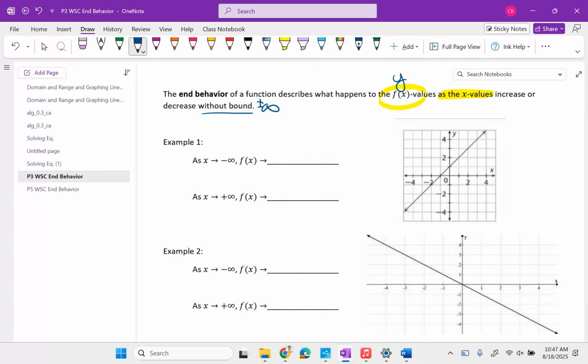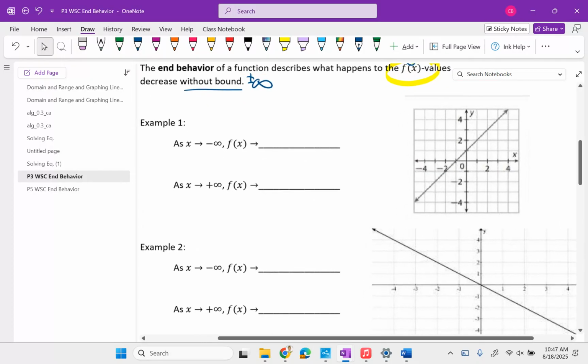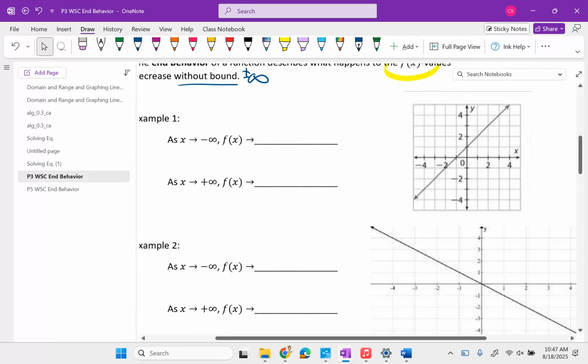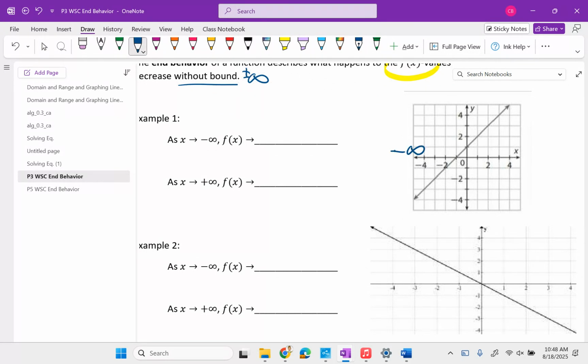Okay? All right, so let's look at example 1 there. So in example 1, and we're going to do this one together, okay? As x approaches negative infinity, okay? So remember, if we're doing x, we are going left and right, okay? If I'm going towards negative infinity, which part of the graph am I going towards? Am I going towards the left or the right? We're going left if we're negative infinity. Negative infinity is on this part of the graph, right? So as my x is going this way,